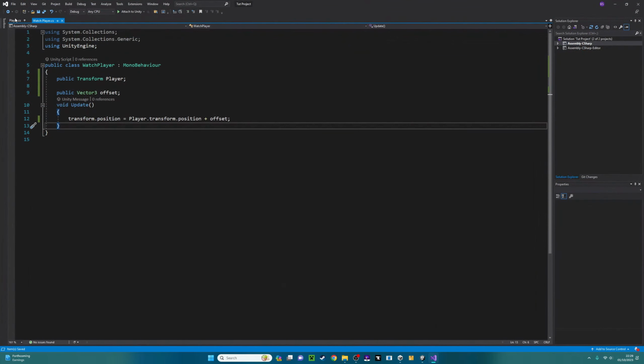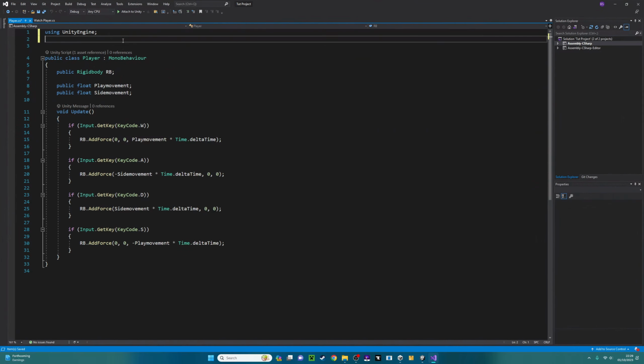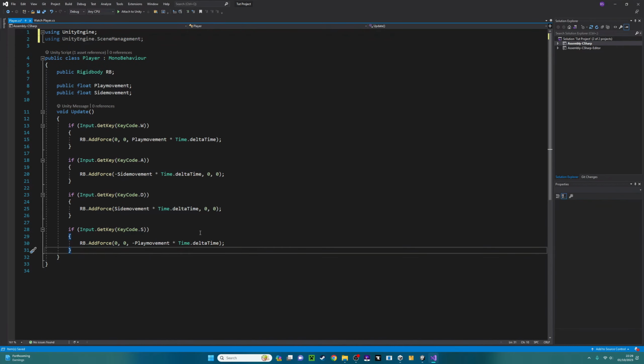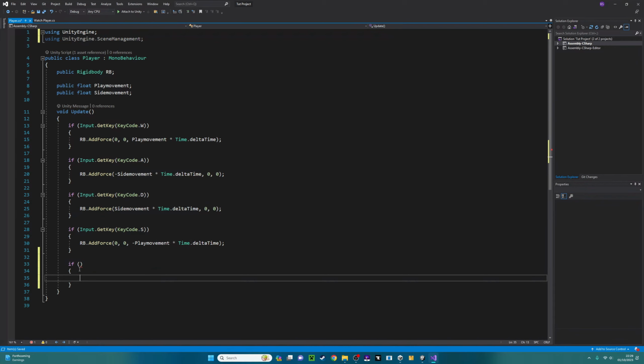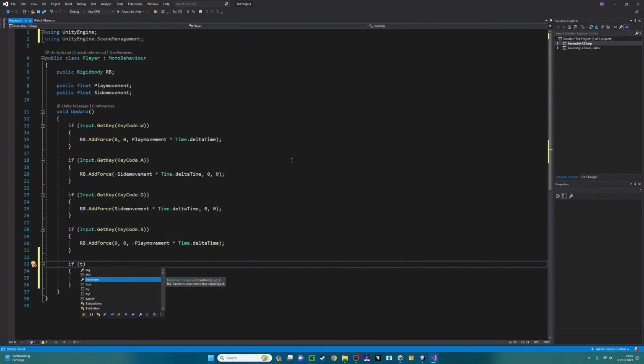So go to our script, go back to player, and then we want to do using UnityEngine.SceneManagement, and then so if transform.position.y is equal to or less than, say, -2,